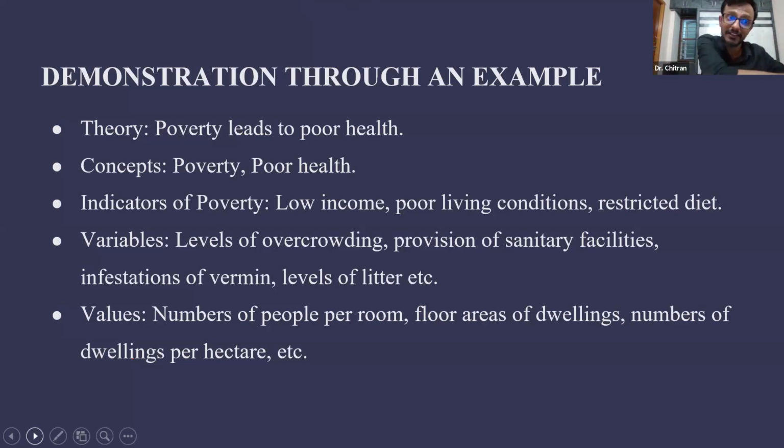But then you can even question the theory. That theory, poverty leads to poor health, didn't address the caste and community component. So then you are finding out what all castes and communities are suffering from this. So you're making your intervention. This is called deductive. You're deducing. Inductive is just the other way, reverse. You go to the field first. You don't have any theoretical background, nothing. You go to Dharavi, then you see these problems, and you're building up one by one, and you're arriving at a theory.